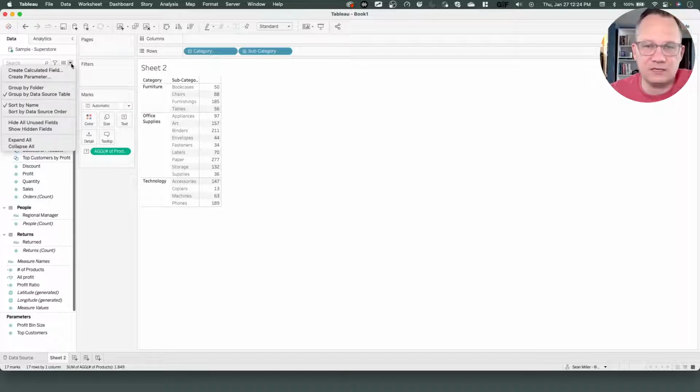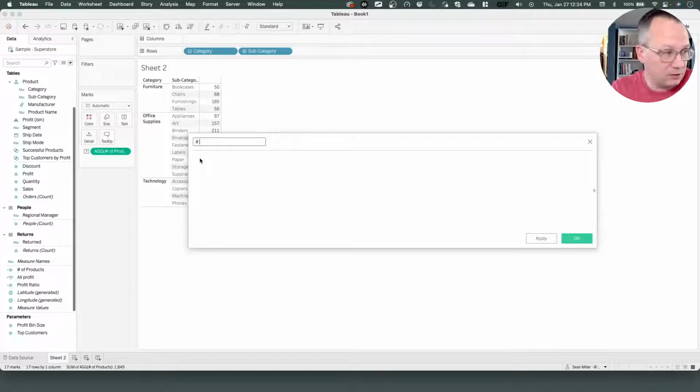Now I'm going to do the exact same thing, but I'm going to count the number of successful products. So number of successful products, okay? That's going to be very similar to the one we just created. We're just going to add that set into some logic here. So we're going to say if successful products. Sets in general in Tableau, when used in calculated fields, are a Boolean calculation. So we can just say if successful products,